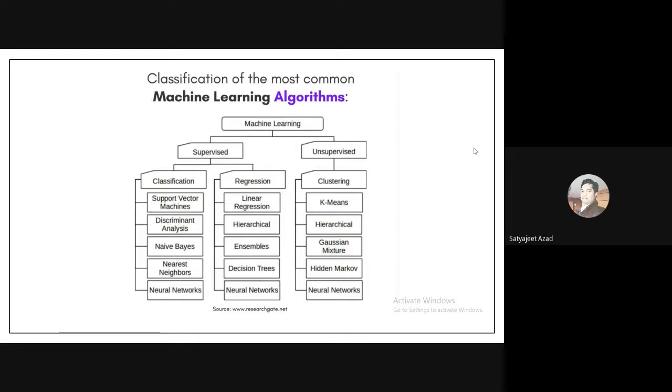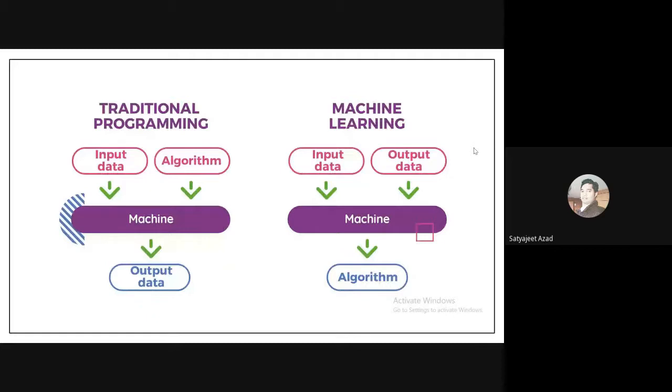As you said, let me cover it from the basics, and for that I'm using this slide. Traditionally, in C, C++, or Java, we give input and an algorithm to the computer, and it gives you the output. If you recall your C, C++, Java training programs, you might have seen this: inputting data and giving some logic. An algorithm is nothing but logic. You provide some logic to the input data, and the machine gives you some output. That is traditional programming.